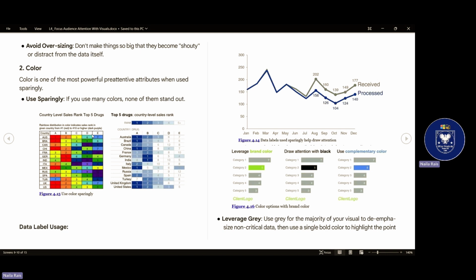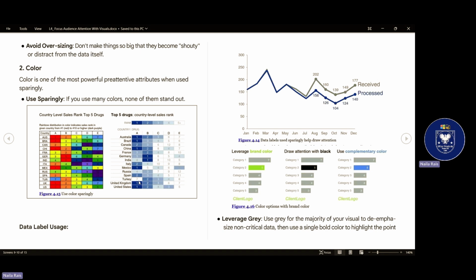Number two, color. Color is one of the most powerful pre-attentive attributes when used sparingly. Let me show you with this example. Figure 4.1, use color sparingly. If we use many colors, none of them stand out. We can clearly see in figure 4.15 the first image. But if I'm looking at top 5 drugs, country level sales rank, I can clearly see in this. Now I can focus on, like, dark means rank 1, and based on that, I can clearly find out my